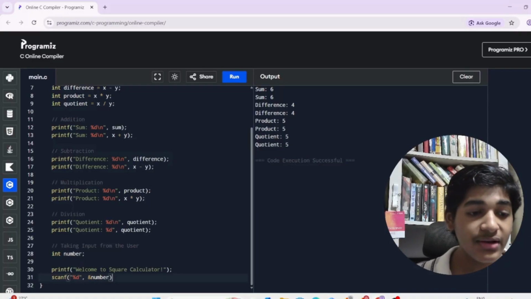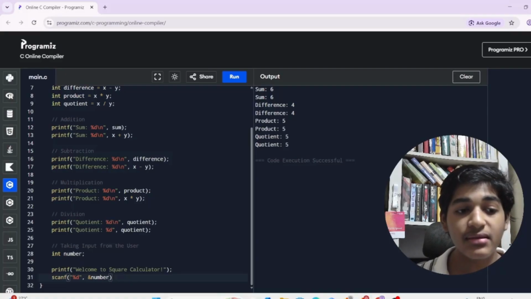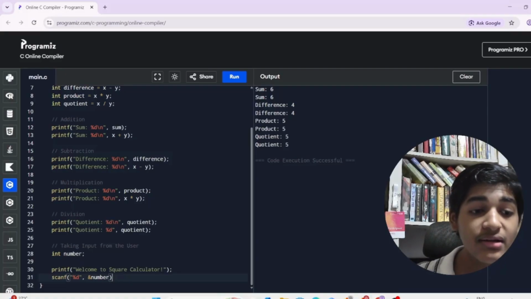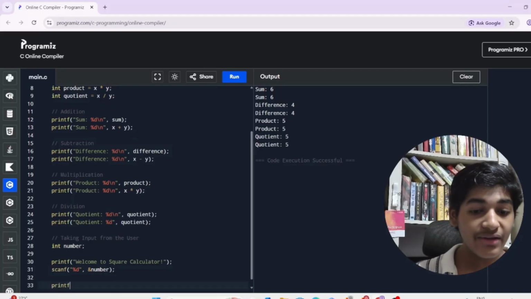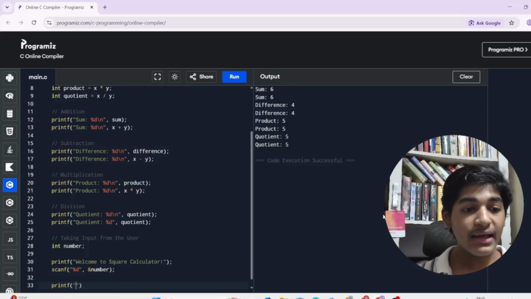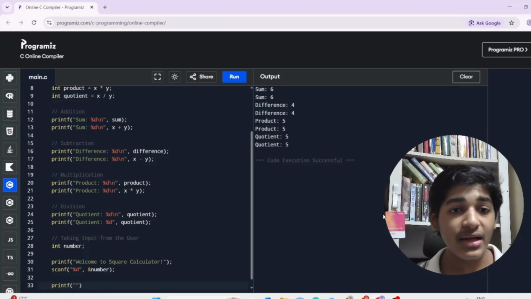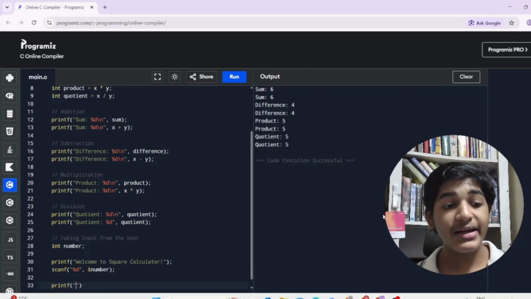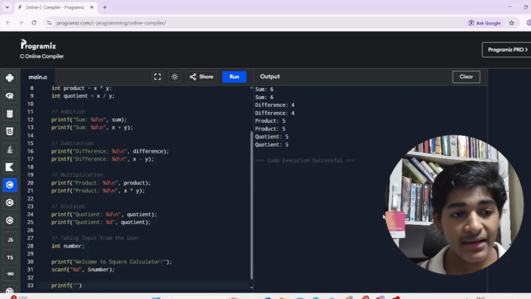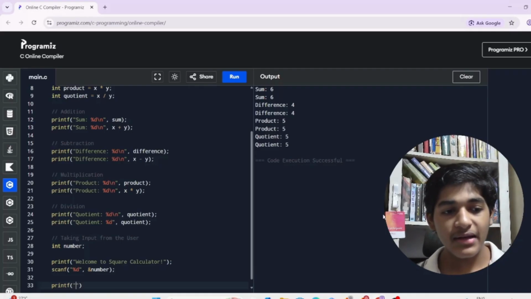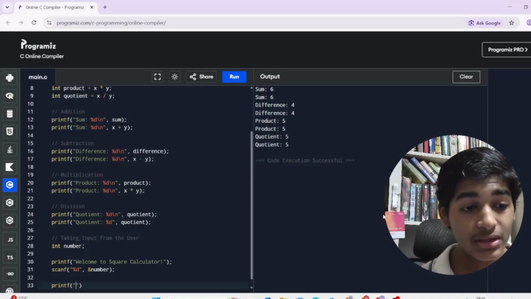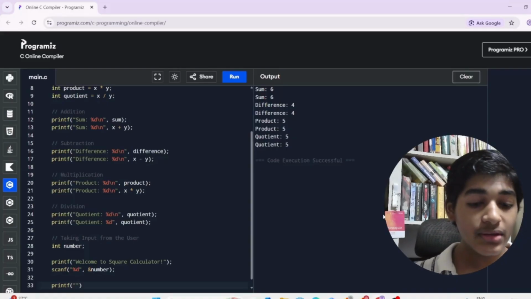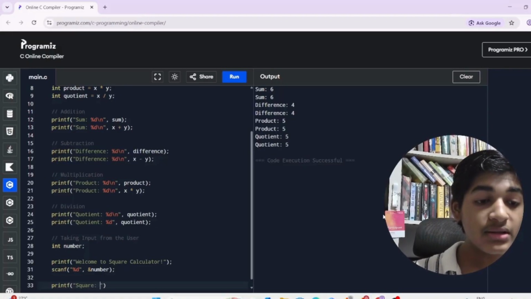So always when we write something inside the scanf function, we have to write the ampersand sign, and then let's put a semicolon, and then I'll write printf. Again here also we can use the two different methods that I mentioned earlier, which is I can create a second variable called square, and then I can assign the value, and then I can print the variable square, or I can directly calculate the value. So here I am directly calculating the value, so I'll write square, put a separator, put a space,